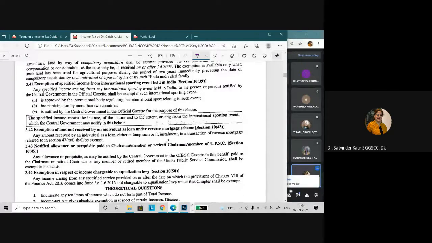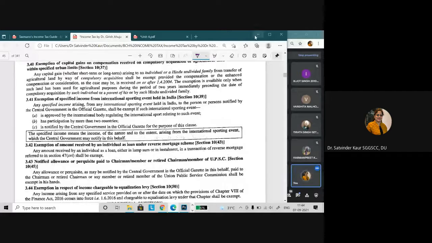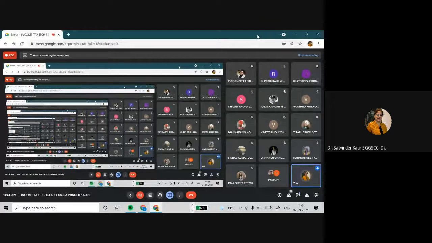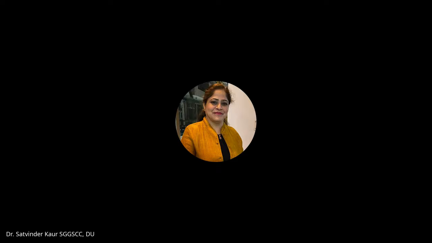But in this chapter we just need to remember two things. One, under what circumstances income is fully exempt from tax, and under what circumstances it is partially exempt from tax. With respect to partially exempt we are going to discuss under the head salary and the other heads of income, and fully exempted